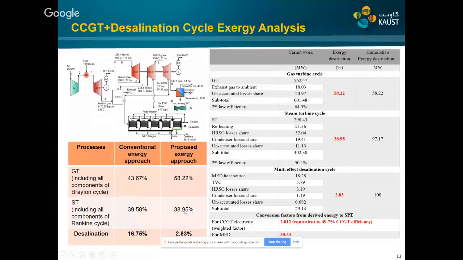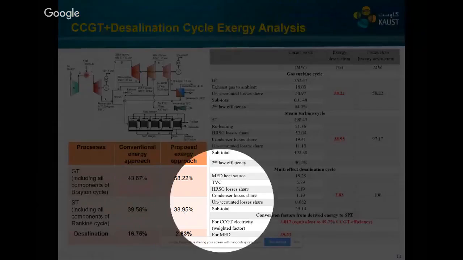So this shows that in the industry, currently they are actually penalizing the thermal desalination process by overcharging up to 16% as compared to 2%. This is the main point: normally they show that the thermal desalination processes are not very efficient. Actually, the economic analysis that is applied in the conventional system is not fair, it's not correct.